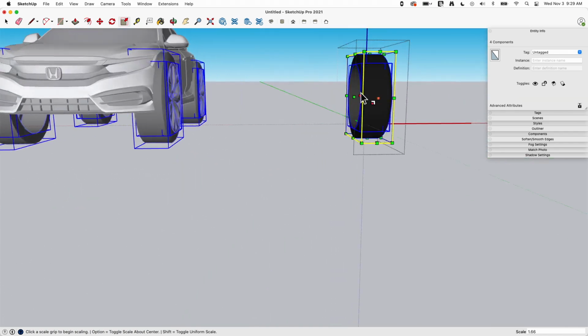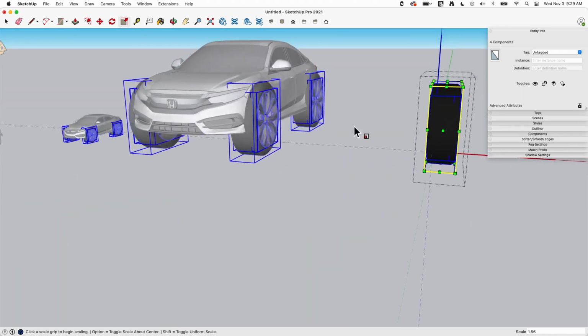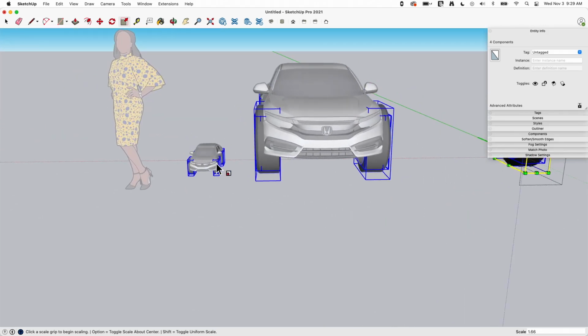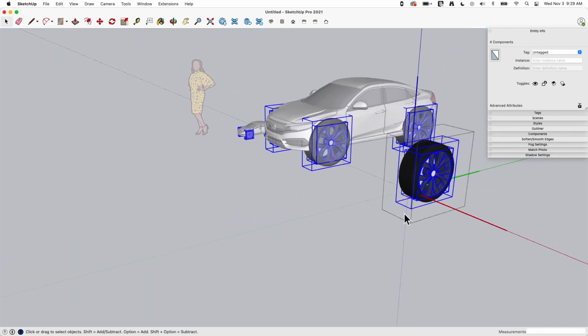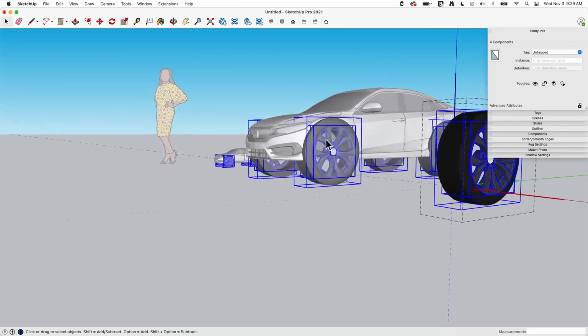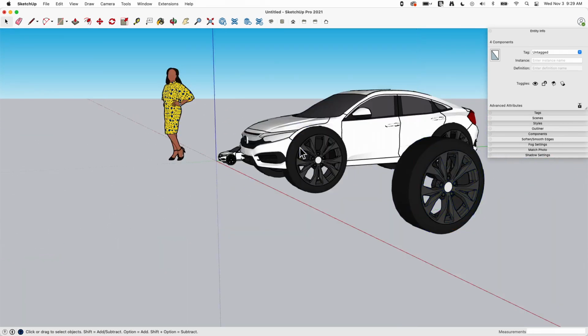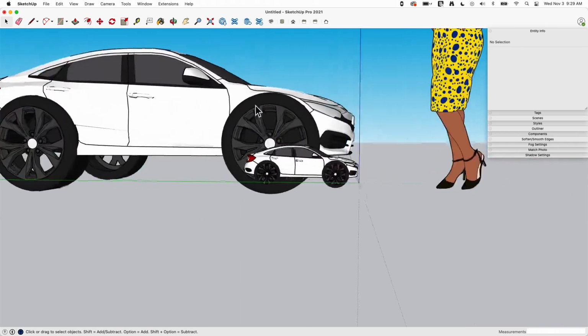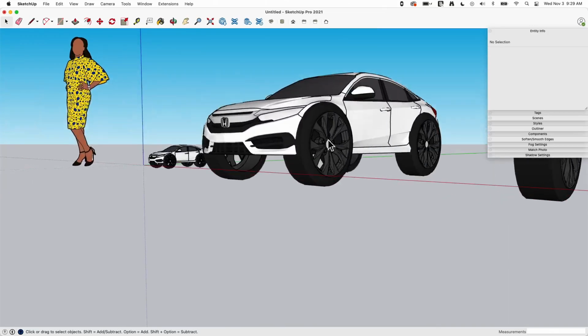I could put in the exact geometry that I want, and any place this tire is used, anywhere in the entire model, it's going to get bigger. See that? So obviously there's some issues here. This is a little bit big. It's cutting into my fender. If I really wanted this big tire in here, obviously I'd have to make some changes, which I could do